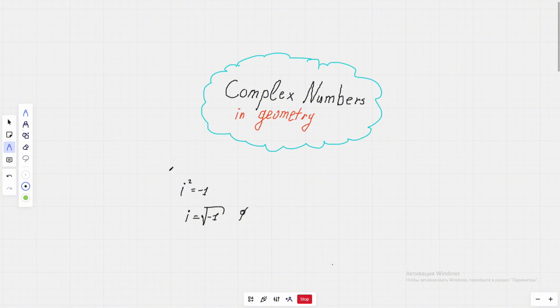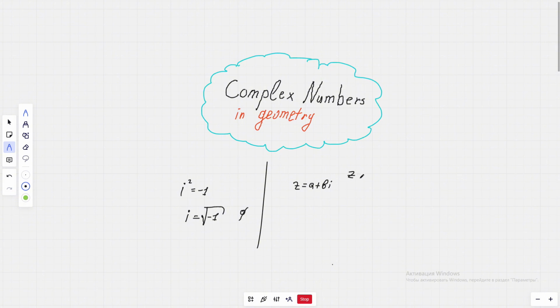So everything came from this one, and we'll be using the complex numbers plane in geometry and solve real world geometry, like normal geometry. Okay, so the basic thing is that z is equal to a plus bi,